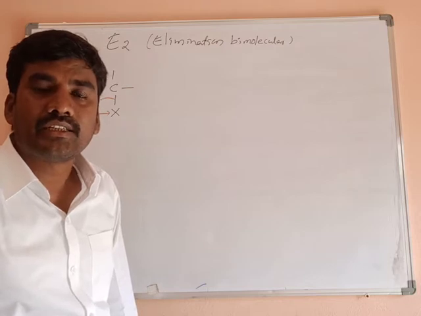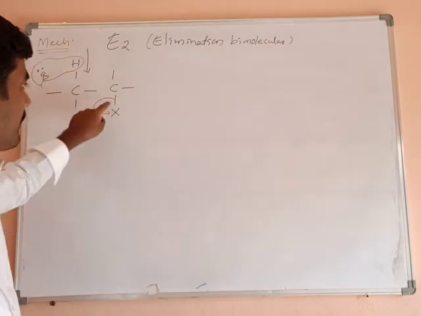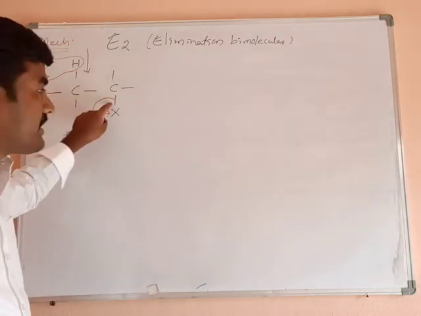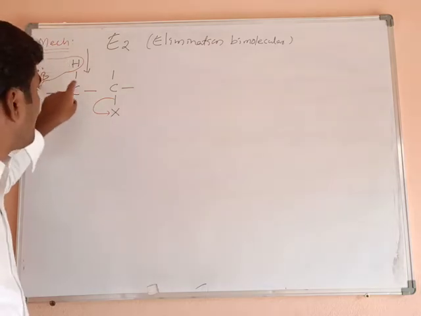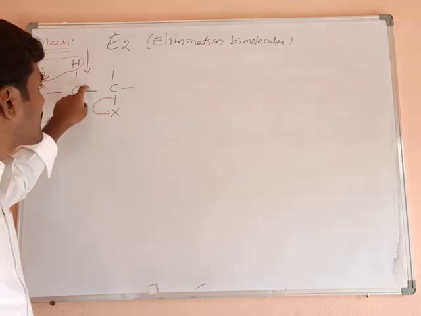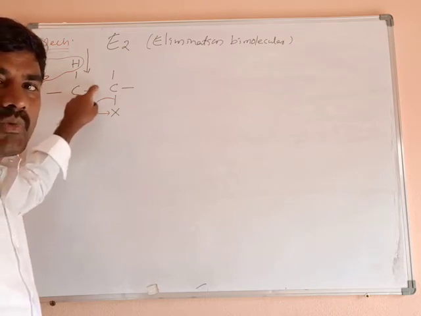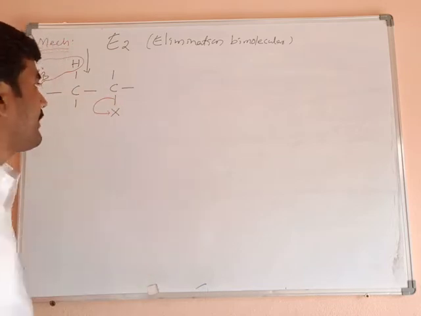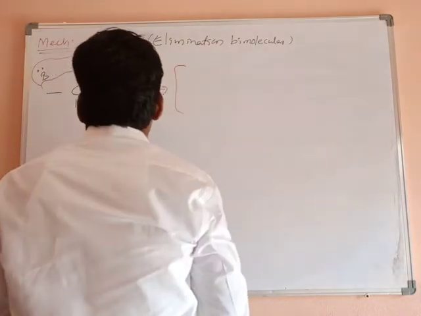Hence, there exists a transition state. In the transition state, this bond is going to cleave, a partial bond, and this is also a partial bond. Bond breaking and new bond formation occur between the base and hydrogen, and new bond formation between carbon and carbon, because the valencies are open between these two carbon atoms. In the transition state, what happens here?